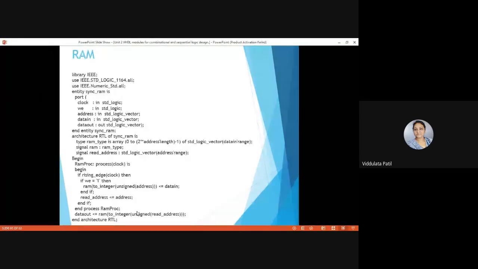RAM means random access memory. It is the most important component in all devices which have memory. It is an extremely fast component that temporarily stores all the information that the device needs.